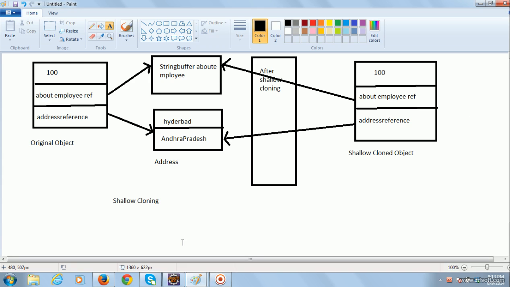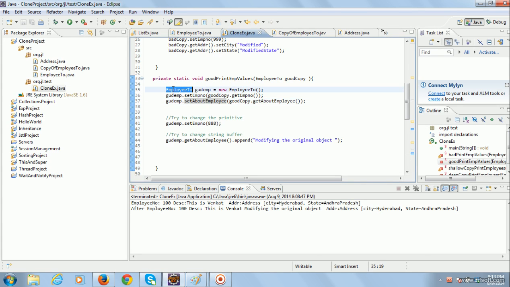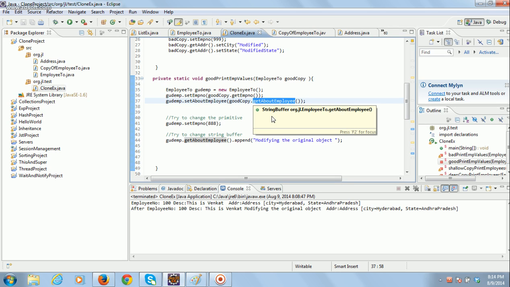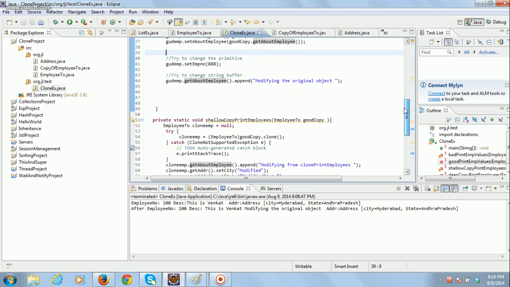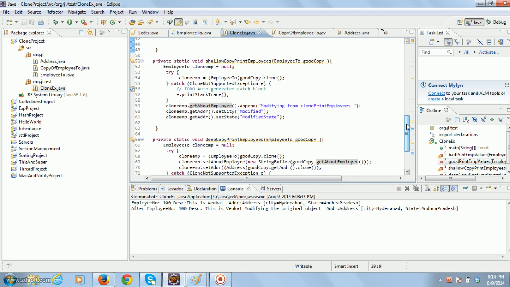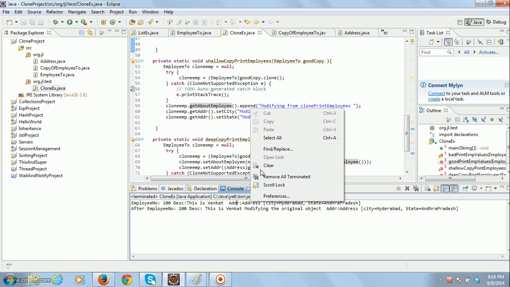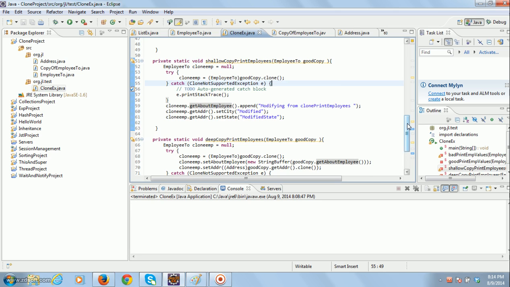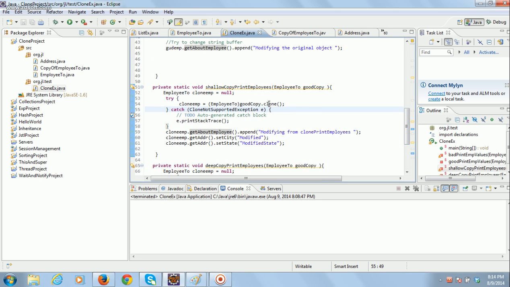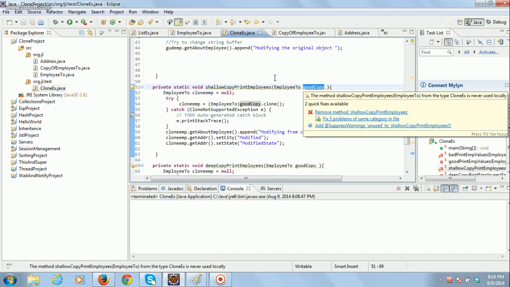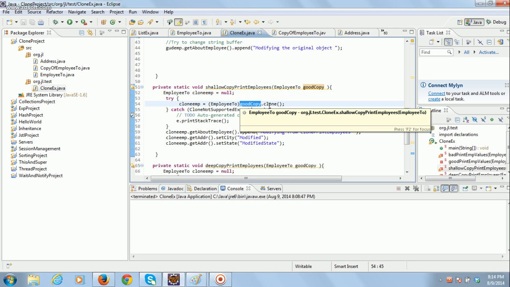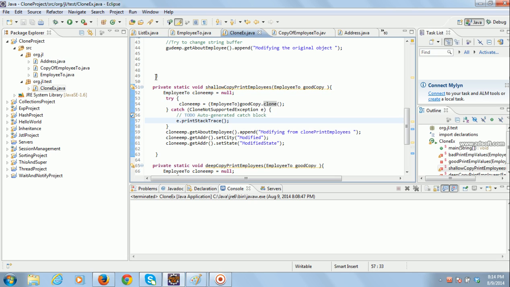In deep copying, here I have manually created a new employee object and copied the employee number and the string buffer. Instead of that, Java provides a clone method in the Object class. So instead of manually creating the new employee object and copying, if you want to create a copy of this object, you have to call the clone method. But to call the clone method, the object should implement the marker interface